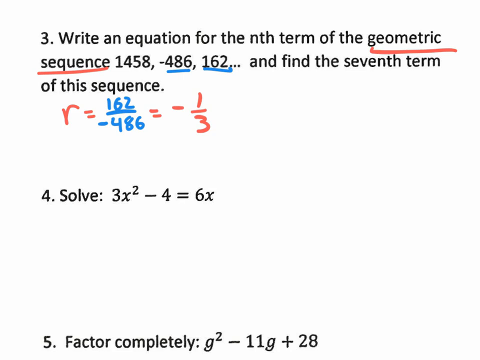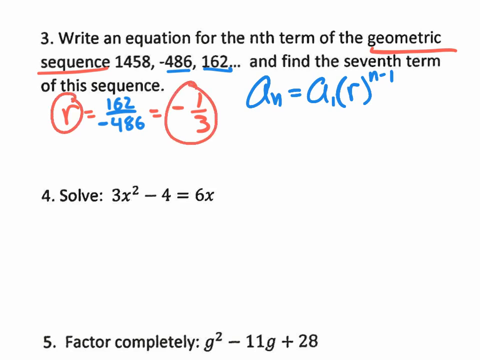So the a sub nth rule is a sub n equals a sub 1 times common ratio to the n minus 1 power. I know that sounds crazy right now. We haven't seen this in months, right? So hopefully we kind of seem familiar with this. If not, we need to get familiar with this because it's coming out on the final, okay? And each question counts. So we just found out that the common ratio was negative 1/3, and that's going to go